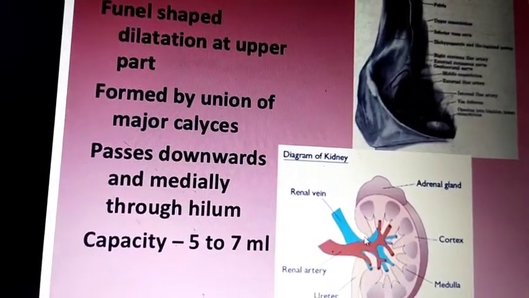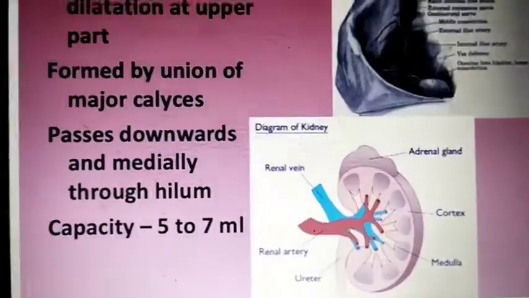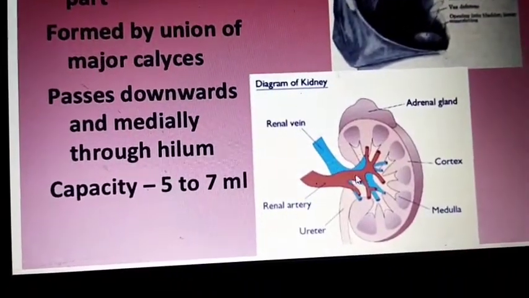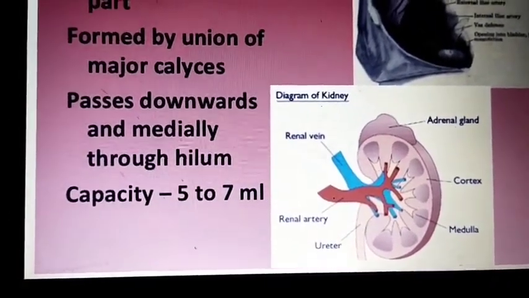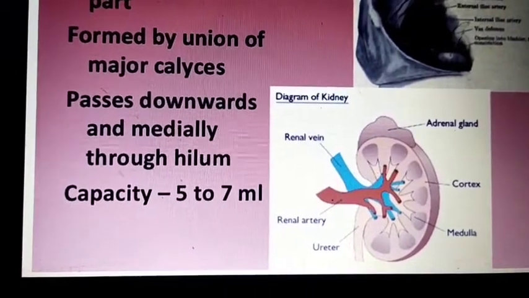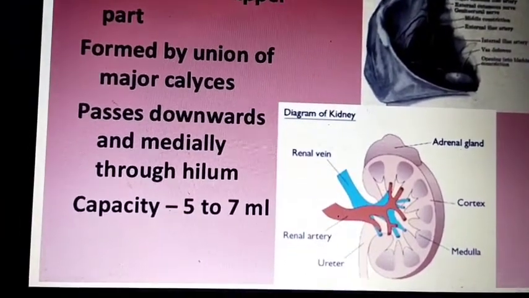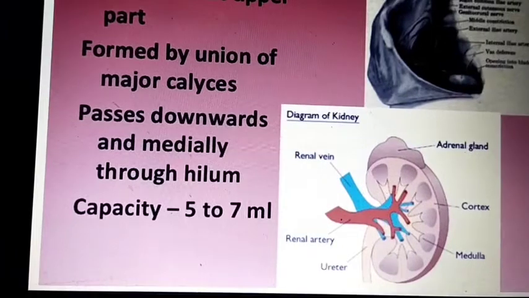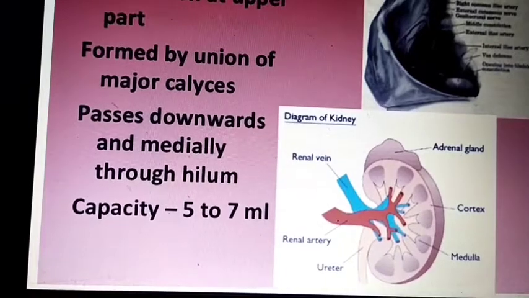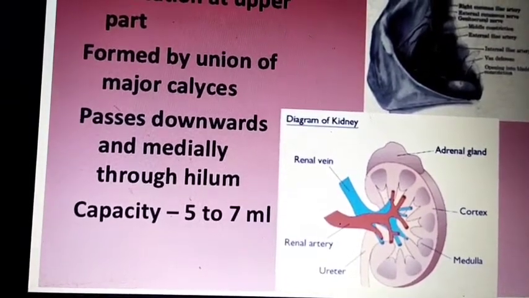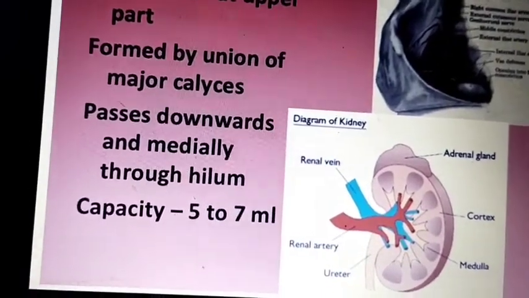This is the hilum. The hilum is the inlet and outlet, the passage of the kidney, and this forms the renal pelvis. And this is the ureter. Another one is the renal pelvis. In the renal sinus, branches of renal vessels lie both in front and behind it, outside the kidney. Anteriorly on the right side, there are renal vessels and the second part of the duodenum. Another thing about the renal pelvis.